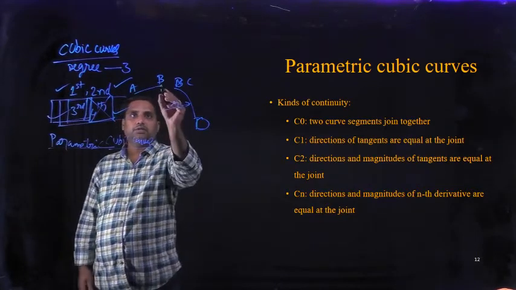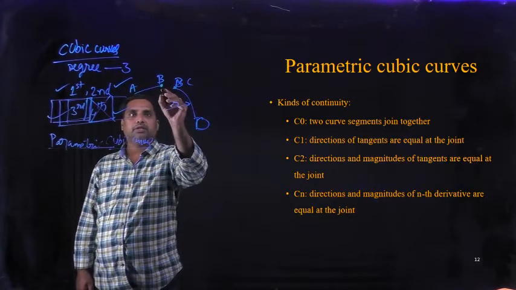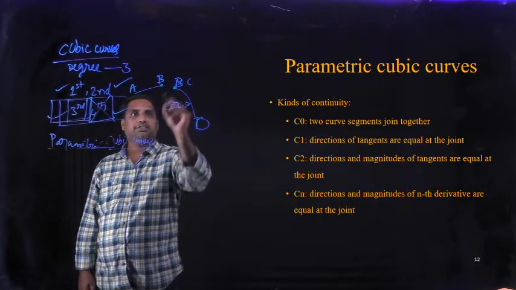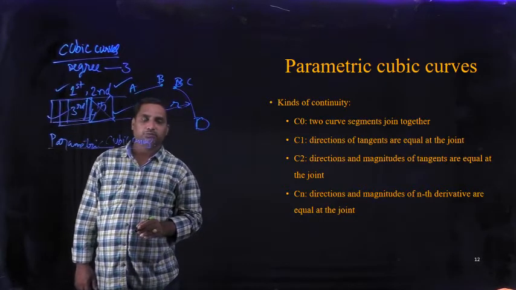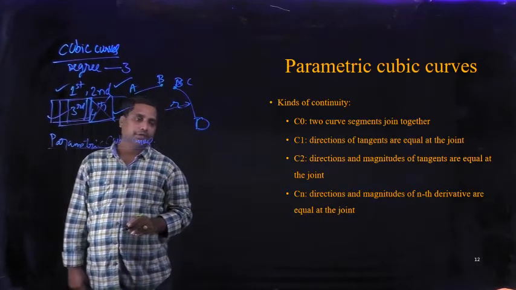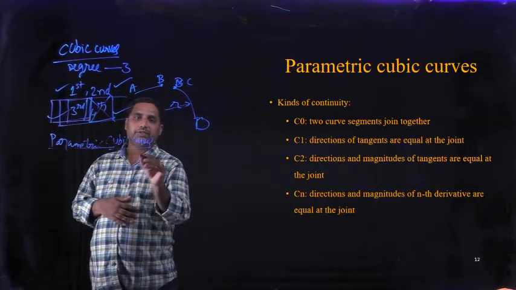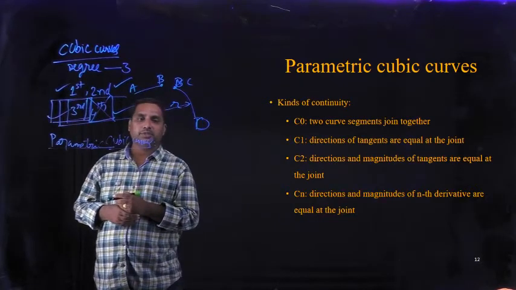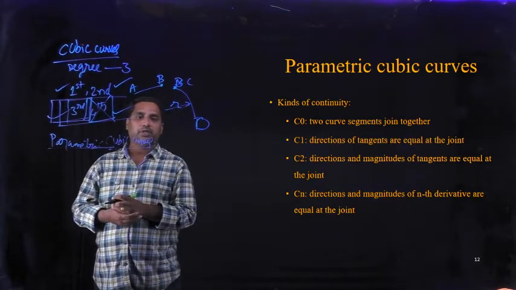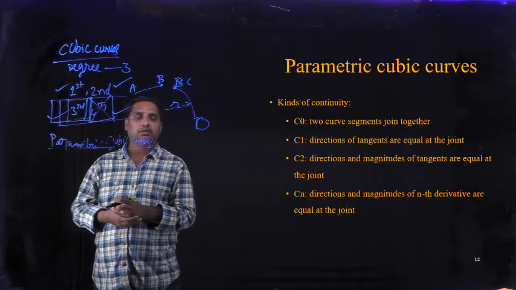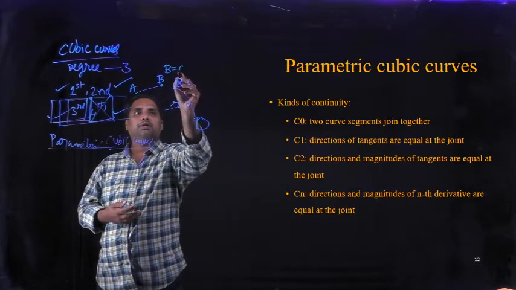The first method is just the endpoint of the straight line, which is B, and the endpoint of the circular arc, which is C. If you coincide these B and C, and you get a smooth curve, that is called 0 degree continuity. Why 0 degree continuity? The degree of a point is nothing but 0. C means continuity. So here, the degree of point is 0. One endpoint of the straight line we are making coincide with the endpoint of the circular arc, that is C. We are doing B equal to C.